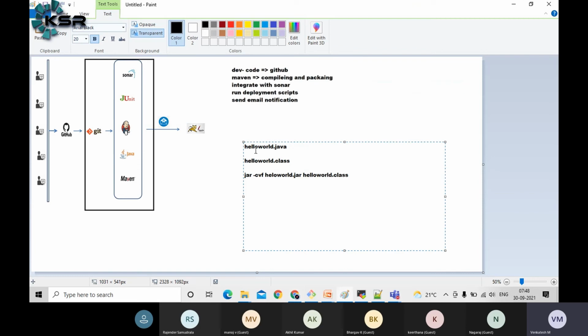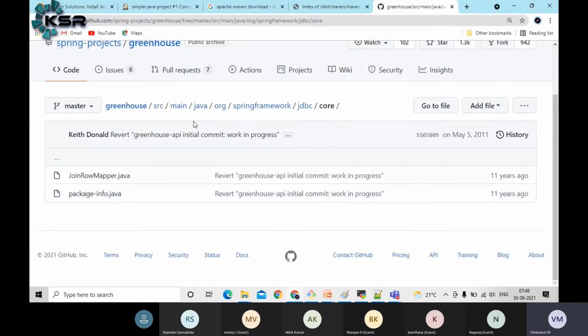I can't compile like this manually. Will you agree with me? I have some Java files and I need to compile them, so I can't compile each file manually. Finally, I also need to create an executable file. Similarly, if you have a Java application and you want to integrate with a database, like Oracle, Postgres or MySQL database,